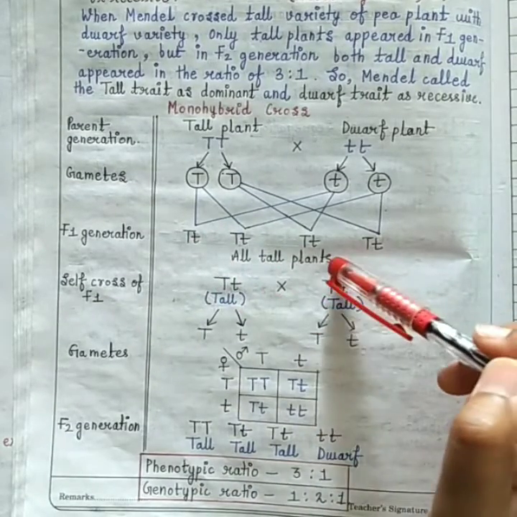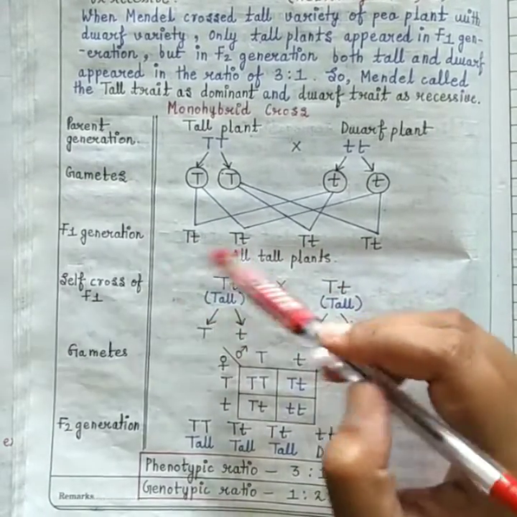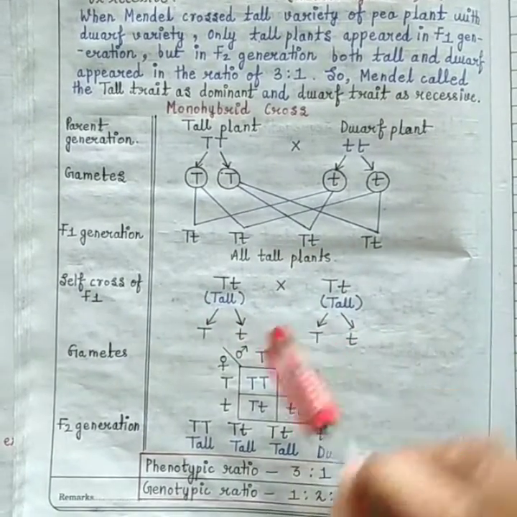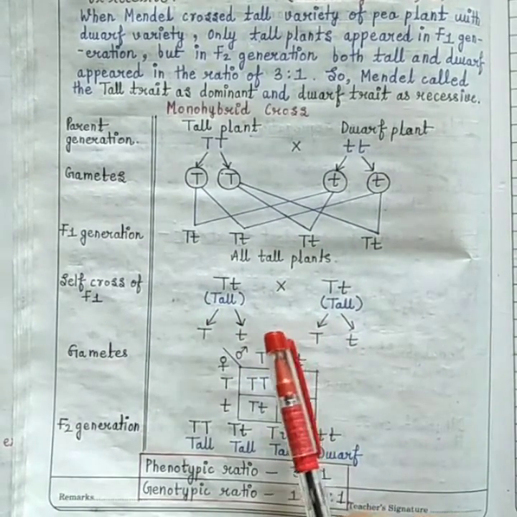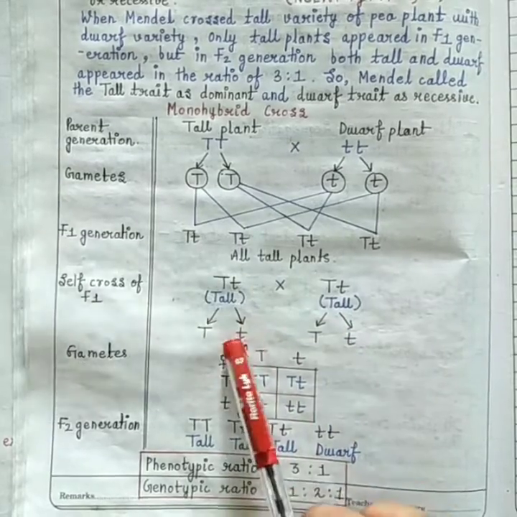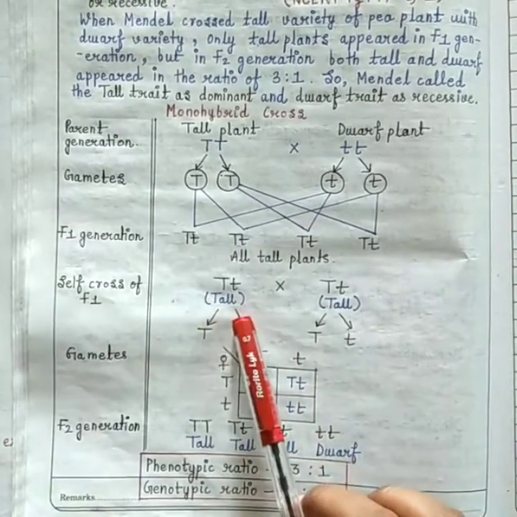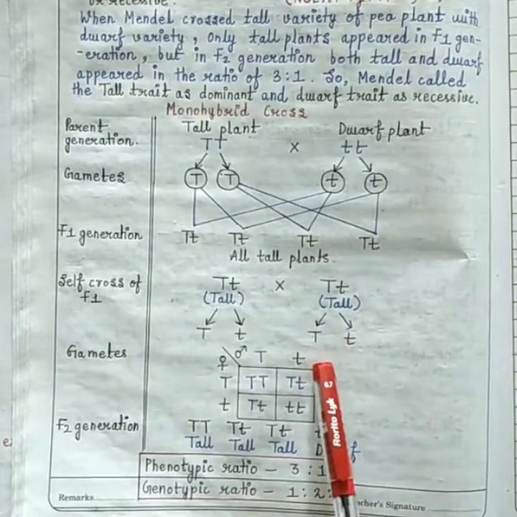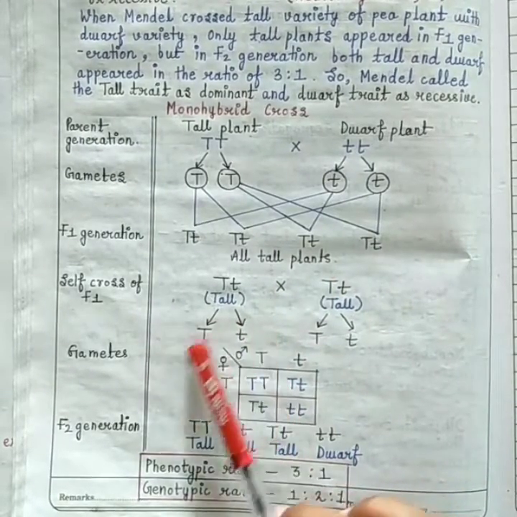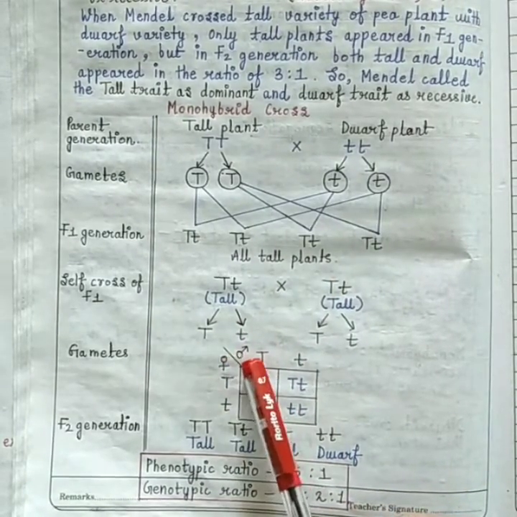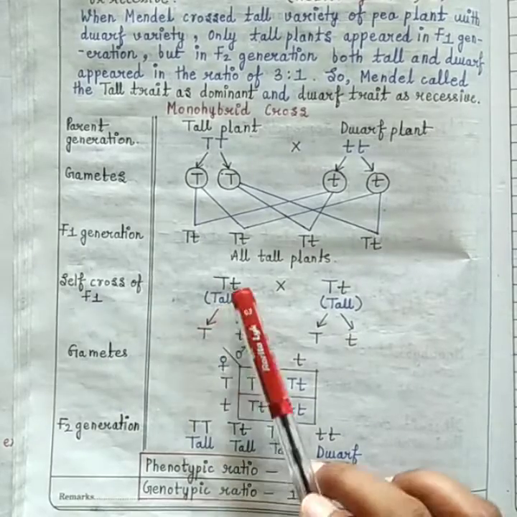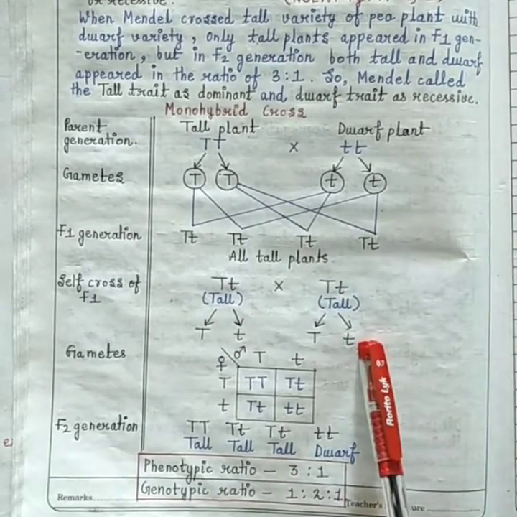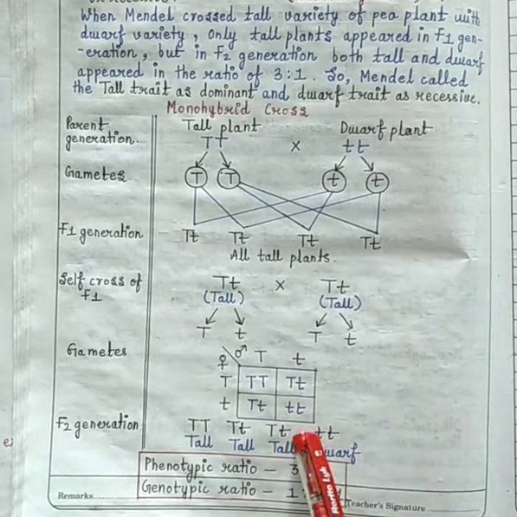Now F1 generation obtain होने के बाद the self crossing और self pollination कराई गई इस F1 plant की. Now यहाँ पे कोई और combination के साथ उसकी crossing नहीं कराई जाएगी, self cross करा दिया गया with the self variety capital T small t with capital T small t, जो F1 generation में हमें obtain हुए थे उनका self cross कराया गया. Then again crossing से पहले gametes का formation होगा. Now gametes का formation means this capital T separate small t separate, capital T separate small t separate. Now further crossing के लिए we'll not do that open type